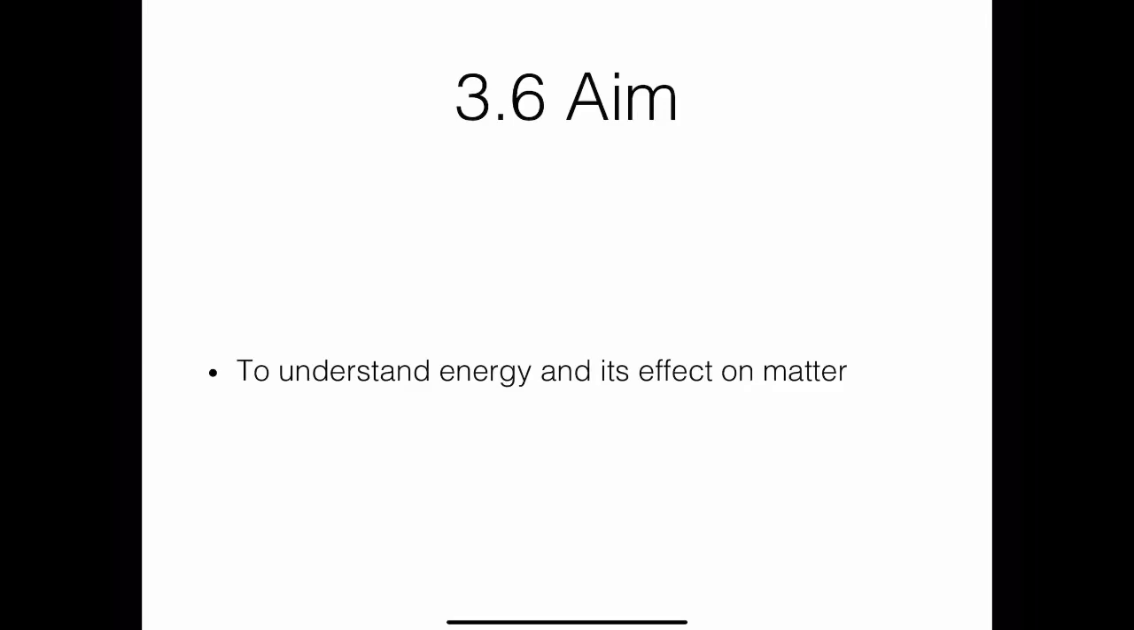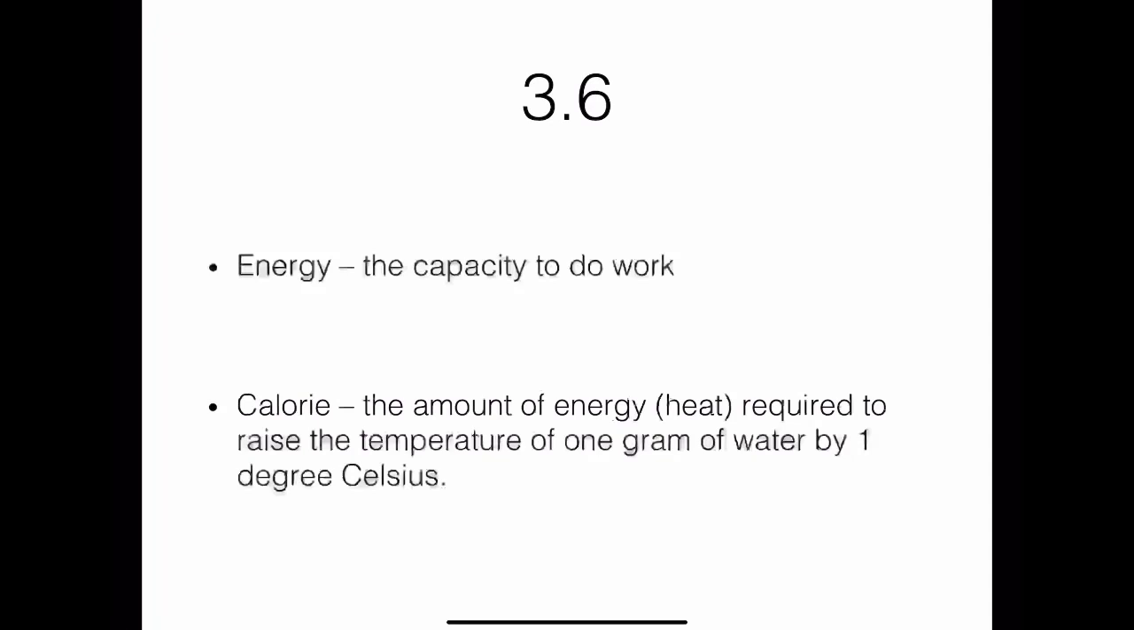Our last section of chapter 3 is the only one that involves any math for this chapter, but we are coming back to this idea of conversions again. So our aim for section 3.6 is to understand energy and its effect on matter. Here we're specifically looking at heat energy and how heat energy contributes to changes in states of matter. We need to remember that energy is the capacity to do work, and there are different types of energy, but